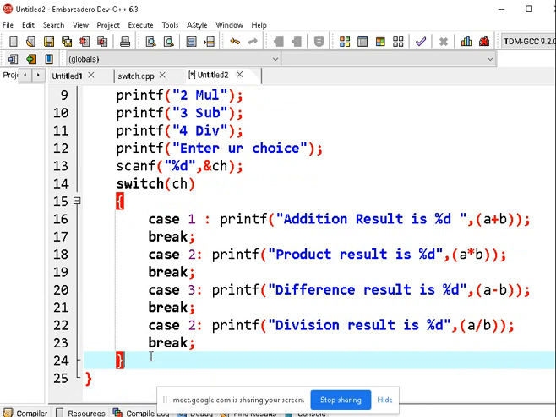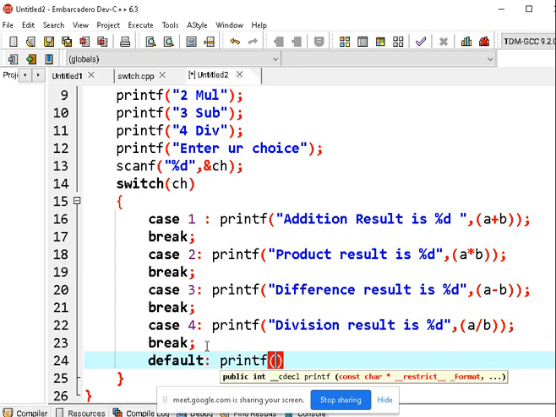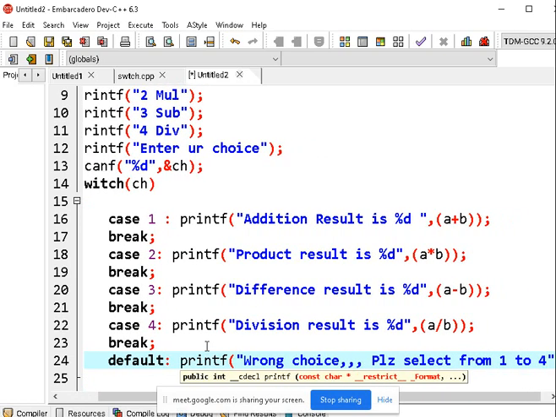Now once it is done, I will write one default statement, as I said. So this is 4, and we go with the default statement. I will write here printf "wrong choice, please select from 1 to 4".